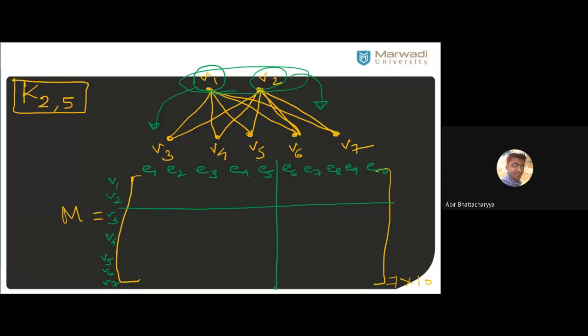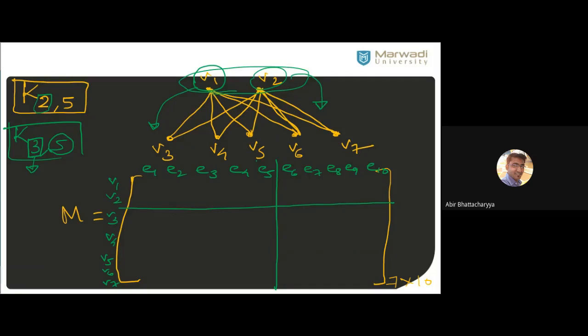Done. Suppose it is K35. Same graph, K35 means you have a total of 15 edges. 15 edges means we will divide 15 into 3 parts, 5, 5, 5. Because the lower part is 5 and the upper part is 3, that 3 means we have to divide into 3 parts. 2 means we have to divide into 2 parts, same partition, same parts of the edges.